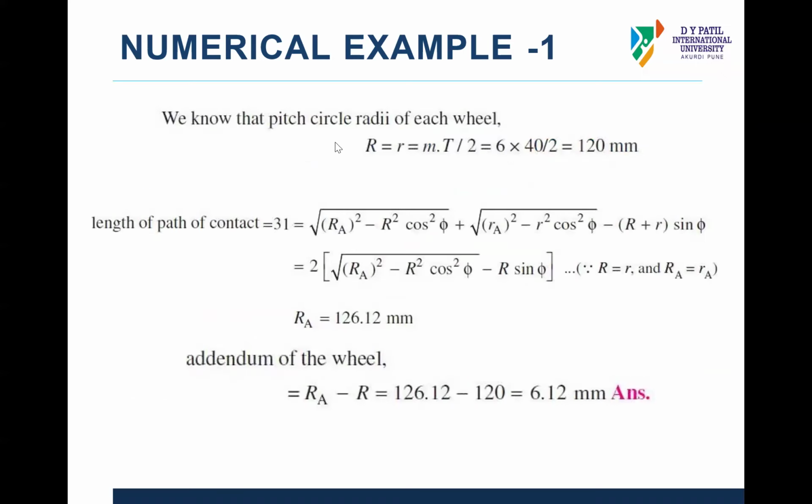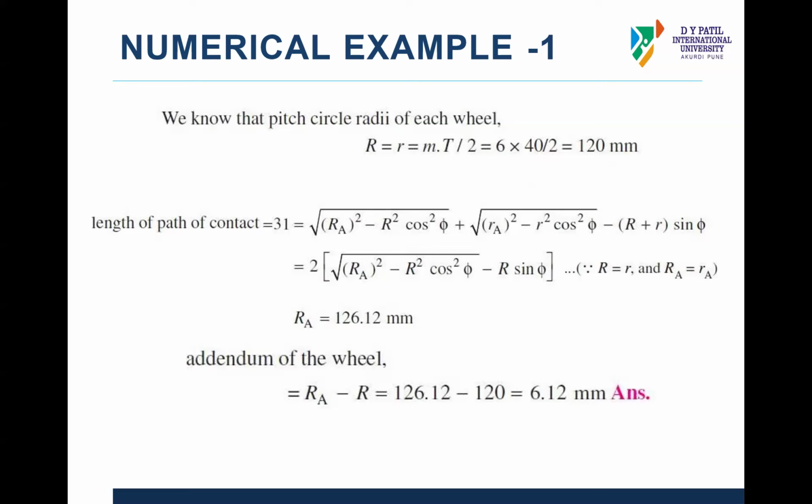So what we have, this R value will be mT upon 2, module into number of teeth upon 2, that will be 120 mm, this pitch circle radius. As we have the same number of teeth on pinion and gear, this pitch circle radius will be the same for pinion and gear. So we can take that path of contact value 31 mm